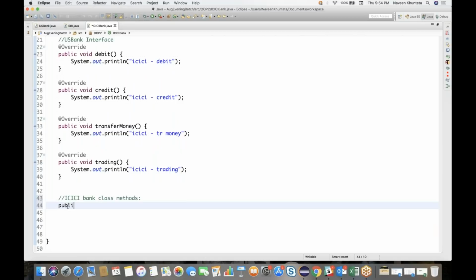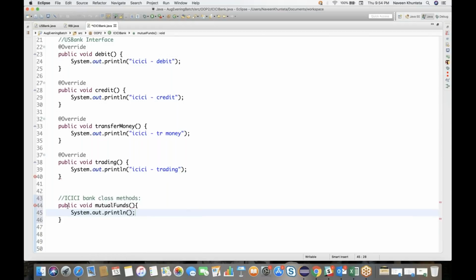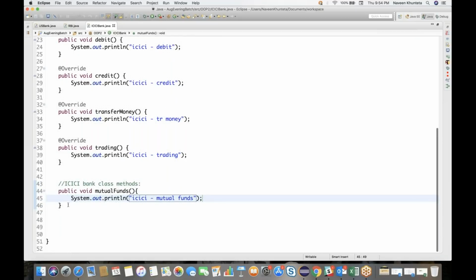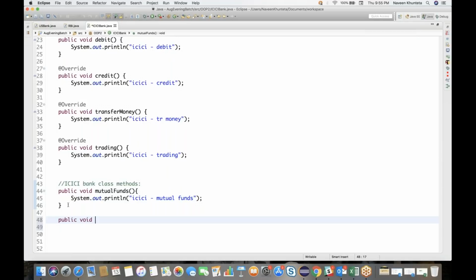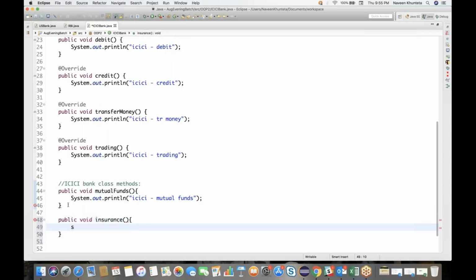So let's see, ICICI Bank says that we will provide public void mutualFunds, right? System.out.println, simple, I'll write mutual funds, and ICICI is providing one more method. Let's see, public void insurance method, and System.out.println